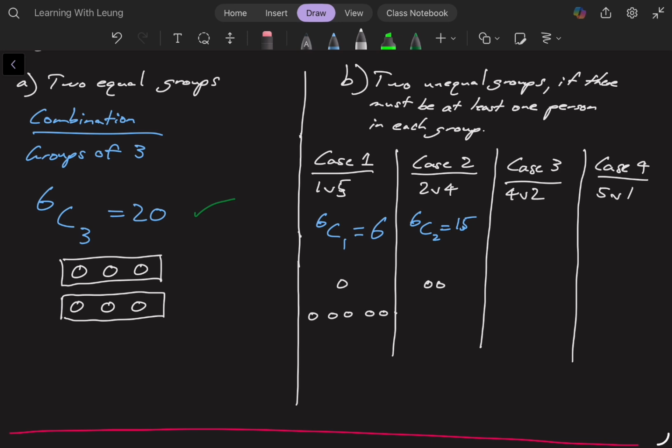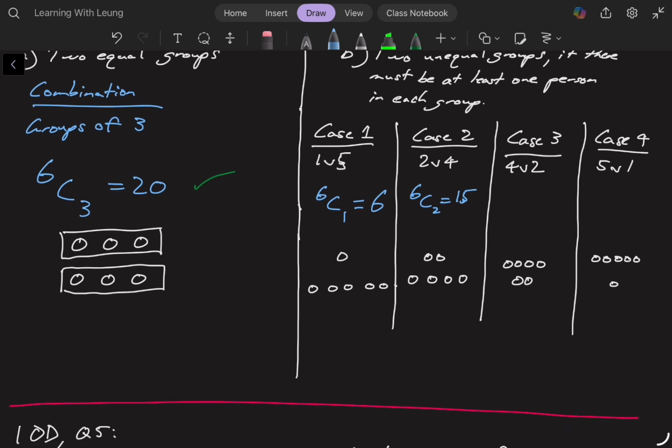1v5, right? And every time I make a 2v4, I'm doing this. And that means that every time I pick a case of 1v5, I am picking a case of 5v1, because I could choose the first person, or I could choose the first 5. And these are exactly the same, right? Because it doesn't matter what order I pick them in, I just care about the fact that I split the group up. So, even though our intuition is correct that there are multiple cases, we don't count them all, because the order doesn't matter. So, we can write not needed